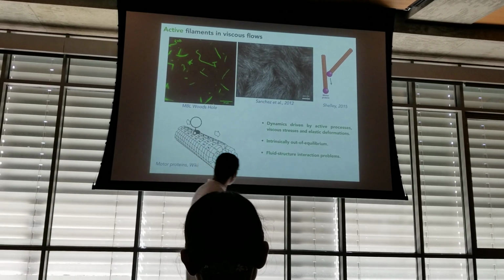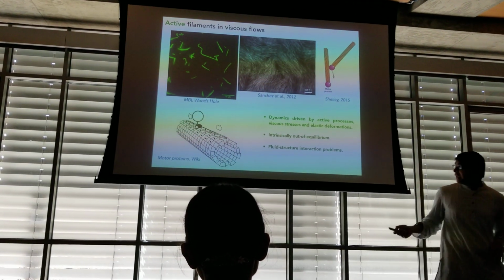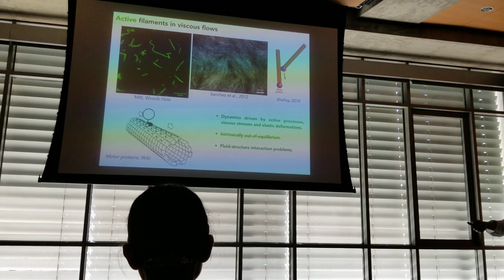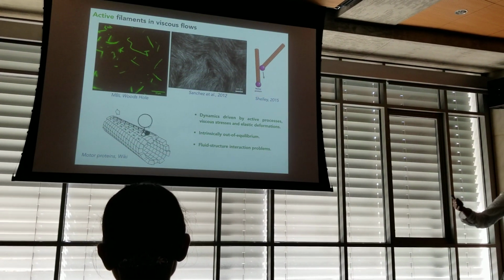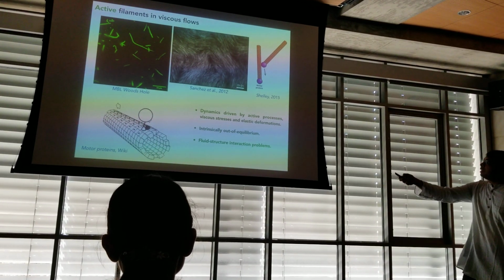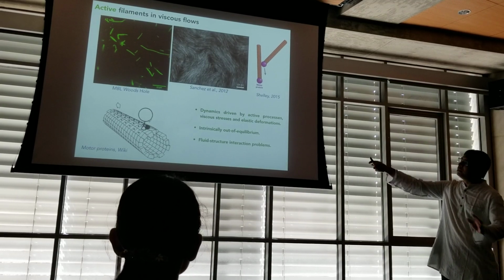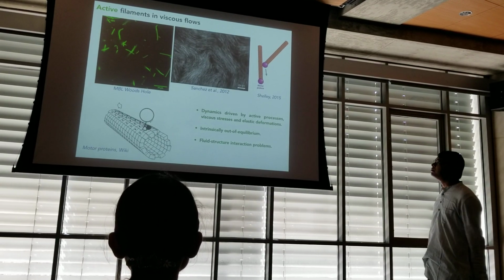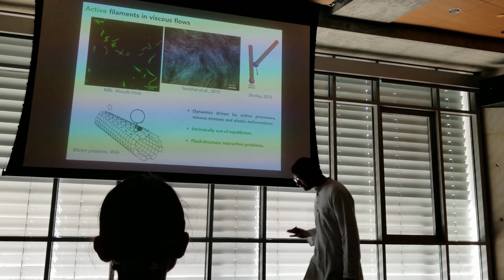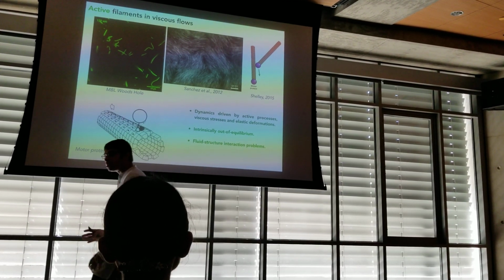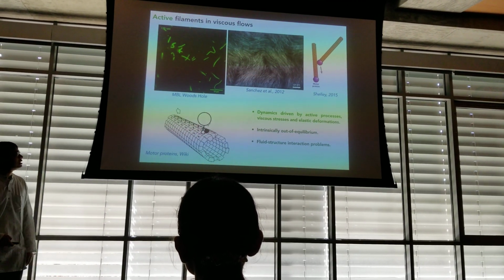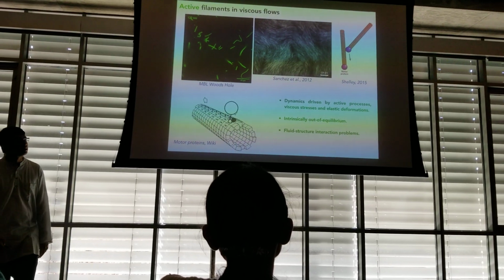And this is a cartoon of an active process, where you see a tiny machine called a molecular motor consuming chemical energy or ATP and walking on these filaments. And as they walk, they generate some forces that push these filaments to have directed motion. In this movie, you see a microtubule sliding on a dense bed of kinesin motors, and they can occasionally get hooked, deform, and buckle. So dynamics in this case is intrinsically non-equilibrium because there is a continuous influx of energy. And apart from viscous and elastic stresses, it's also governed by these active non-equilibrium processes.